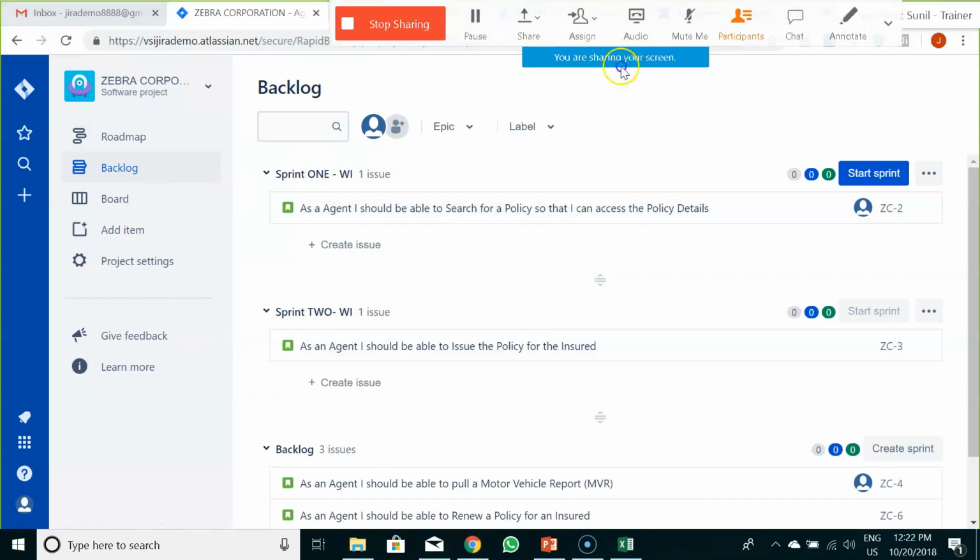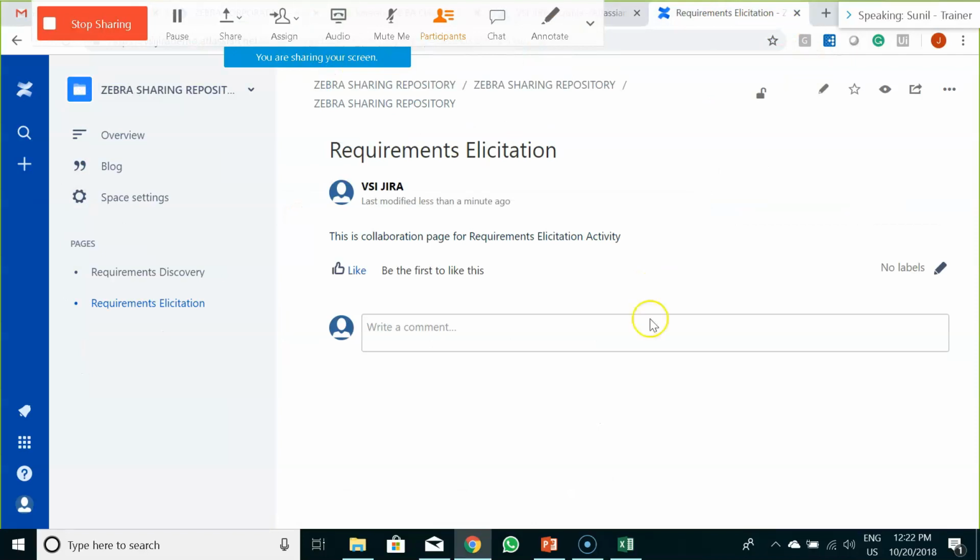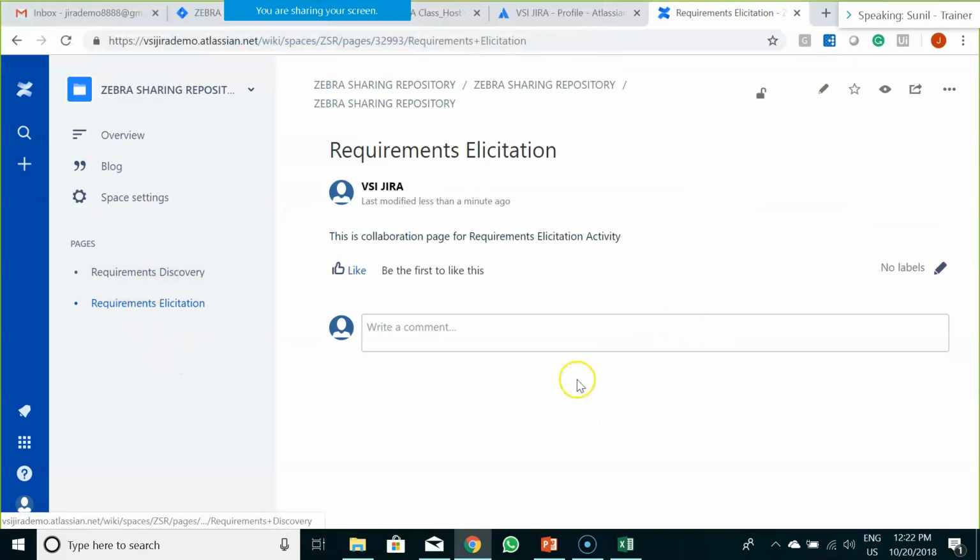Now coming to your repository part. For the repository, we have Confluence in place. This is again an offering from Atlassian, which helps us collaborate on different types of documents, whatever documents we would like to contribute or collaborate on with other people.